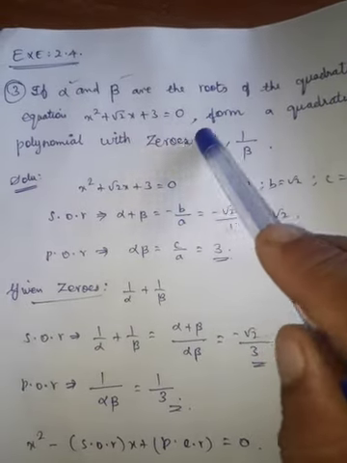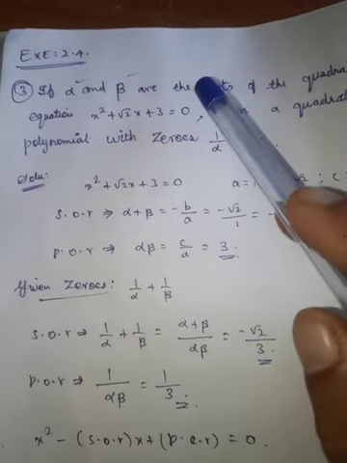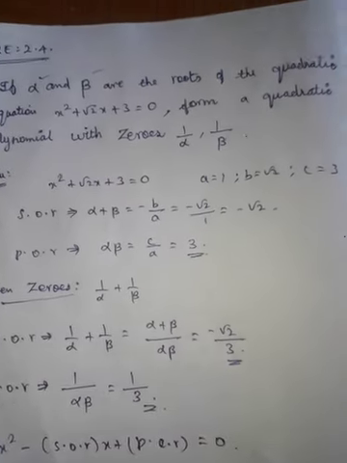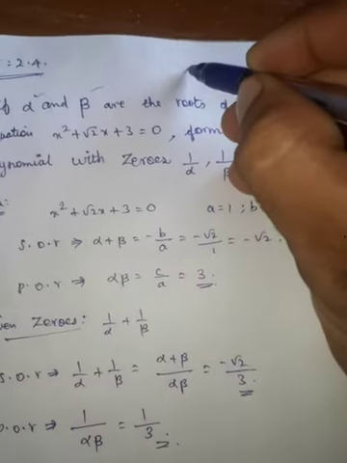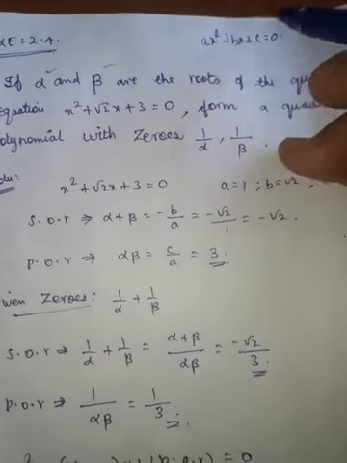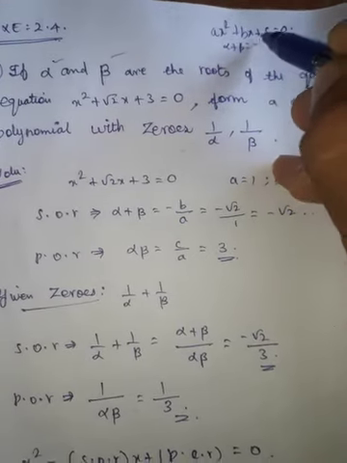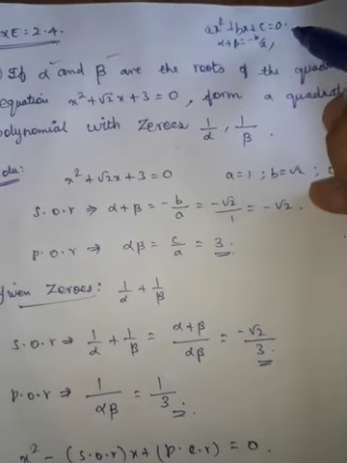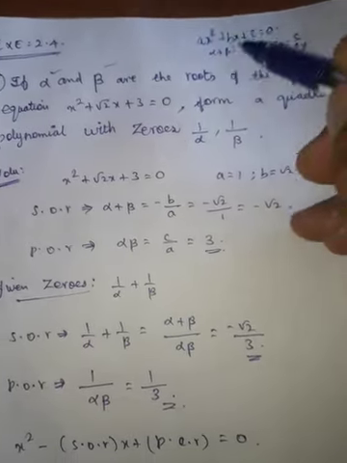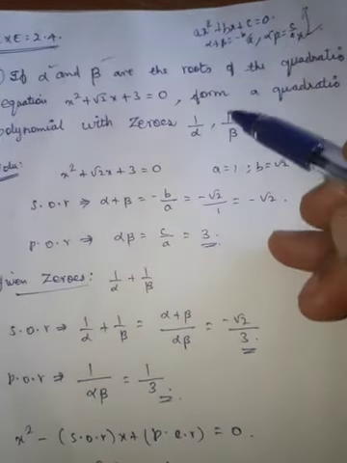This type of sum we already learned in 10th standard, alpha beta sums. We know the formula also. First of all, the quadratic equation ax square plus bx plus c equal to 0. If the sum of roots alpha plus beta equal to minus b by a, then the product of roots alpha beta equal to c by a. Okay, we know this well. We are using this formula here.